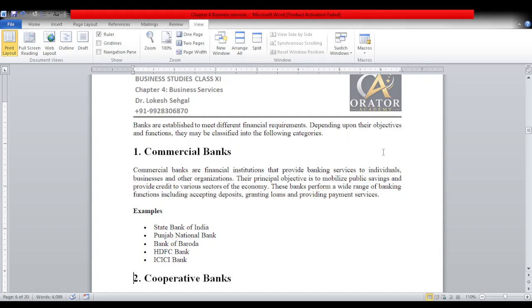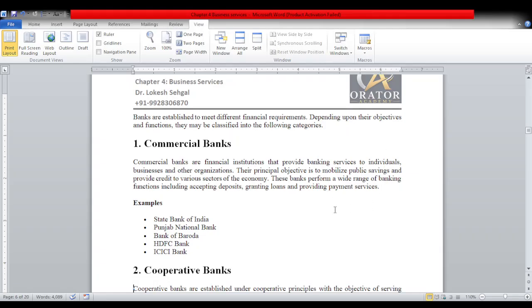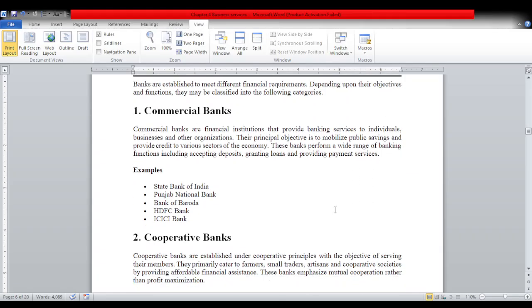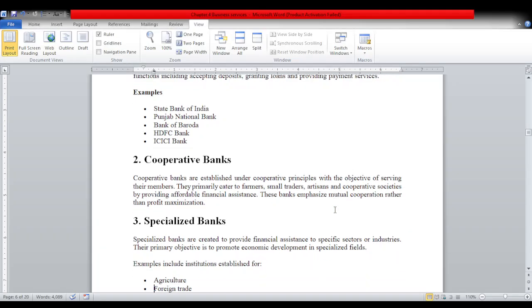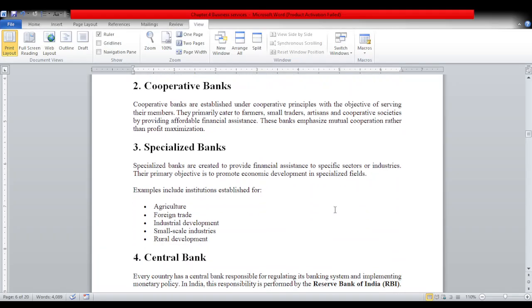So these banks perform a wide range of banking functions, including accepting demand deposits and granting loans. Sometimes they provide payment services on behalf of the customer or the organization. So we have already seen the example, and now we are moving on to the second bank,